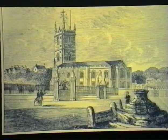The parish church of St. Peter has been at the centre of the life of Burnley for at least 850 years. In the early years of the 19th century, when this picture was engraved, the centre of the town was here